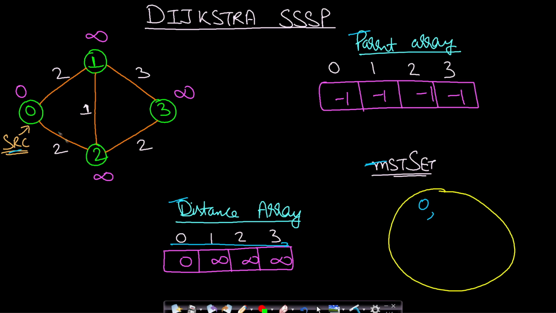Now we will relax the outgoing edges. So in order to reach this 1 from the source node, the distance will be equal to 0 plus 2, which will be 2. Okay, but the already stored distance is infinity, so we will update it to the new value 2. Let me not update it here, otherwise I will not be able to write it. So since this got updated, the parent of 1 will be 0. Okay, now this is updated.